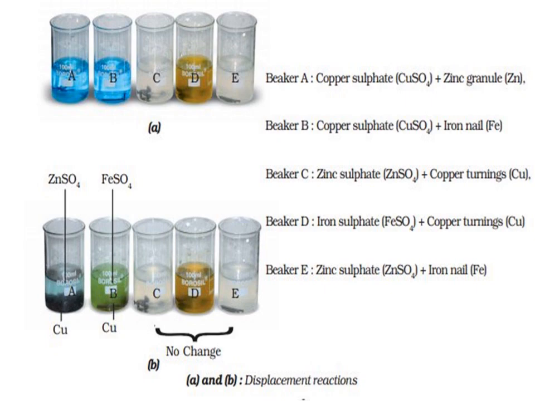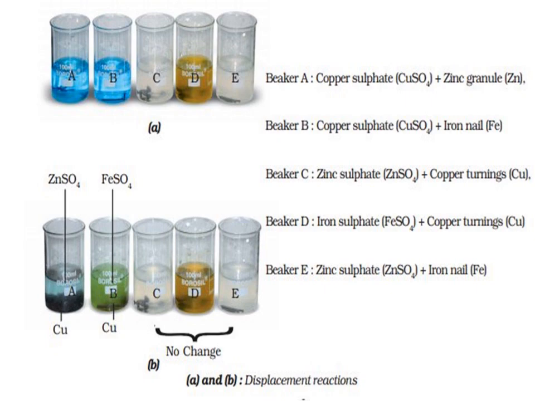Okay, in the lab also, and this activity is easy to understand also. I am going to explain what we have done. So we have taken 5 beakers, namely A, B, C, D and E. In part A, you can see there is an A and B part, and it's showing a displacement reaction. This means before and after.